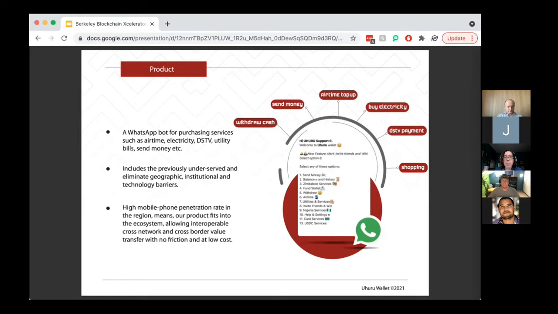We have managed to build a solution that allows them to send money home, make cross-border payments, do a cash withdrawal within the countries they are currently in, and buy airtime top-up, electricity, and cable TV. Even at the moment, we're exploring ways to do shopping, all on WhatsApp, all